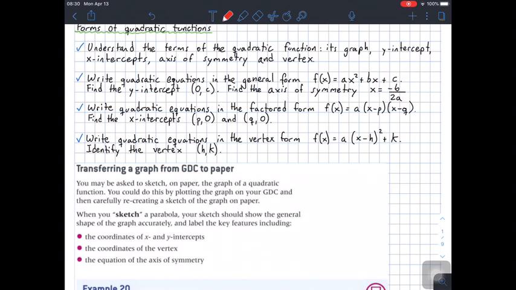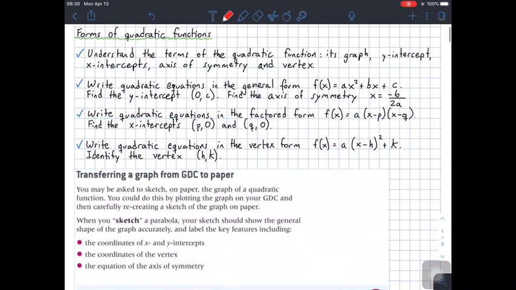Find the x-intercepts p, 0 and q, 0. Finally, write the quadratic equation in the vertex form, f of x equals a times x minus h squared plus k. Identify the vertex h and k. So you see that these are all different forms of expressing the quadratic function, and we're going to see when it is convenient to apply each, depending on what we want to find about